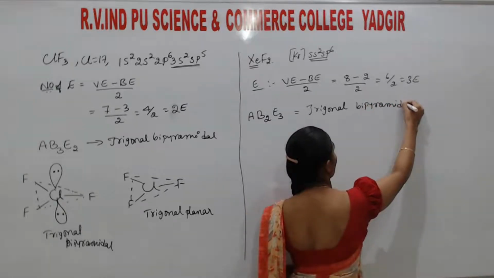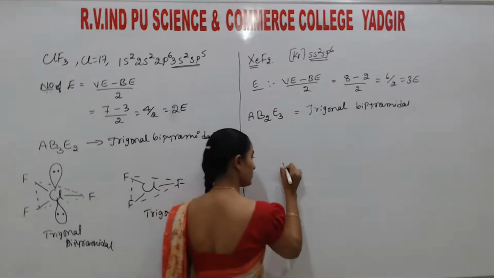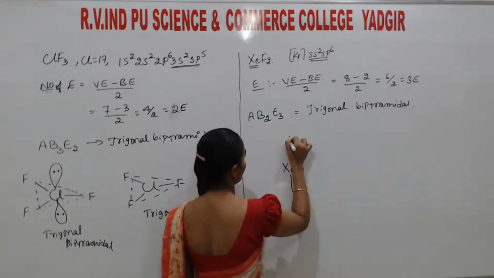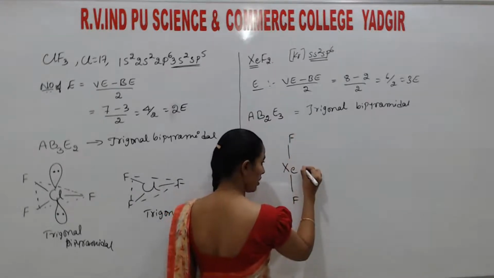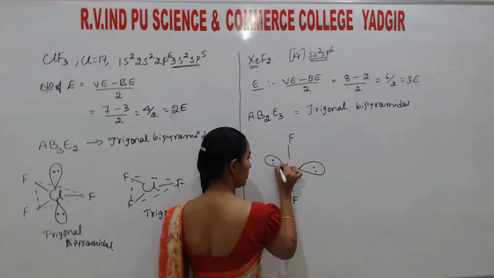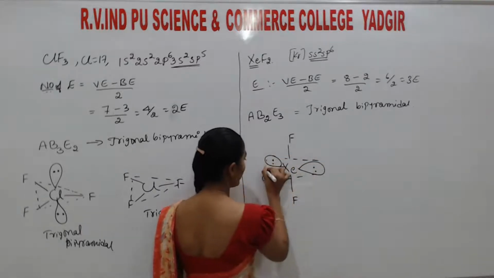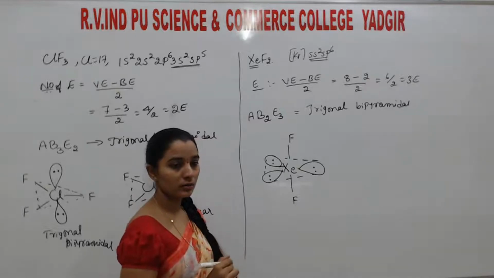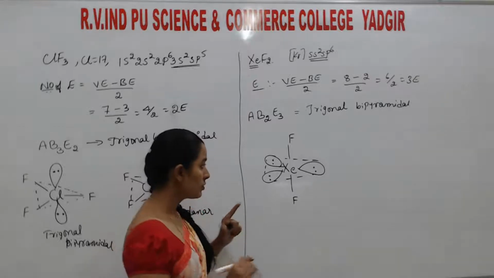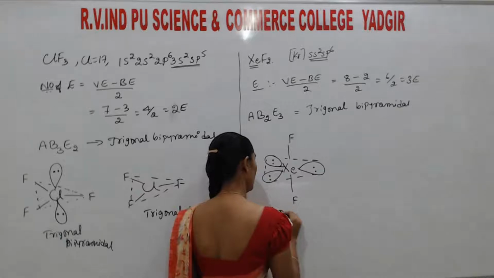bipyramidal. But actually what the structure changes is, try to write the atom length. Xenon, 2 atoms are here, fluorine, and one lone pair is here, another lone pair is here, and another lone pair is here. Means the lone pair atoms are trigonally arranged, and these are in the bipyramidal form. So if you just twist the molecule, so this one is what? Trigonal